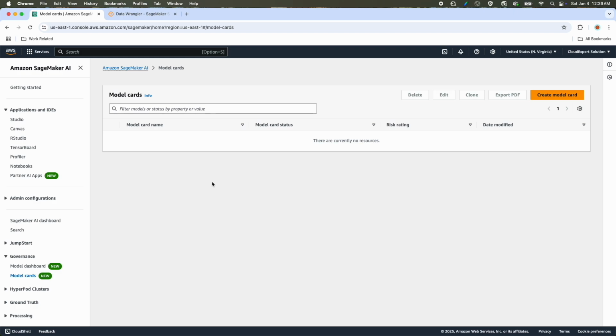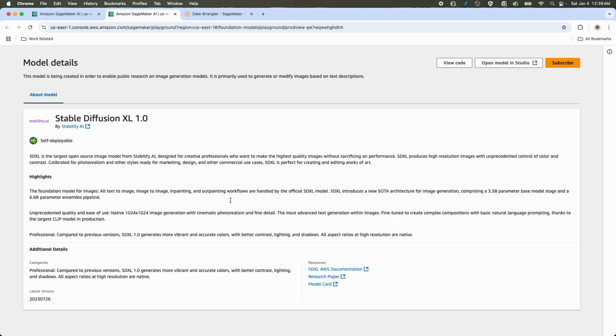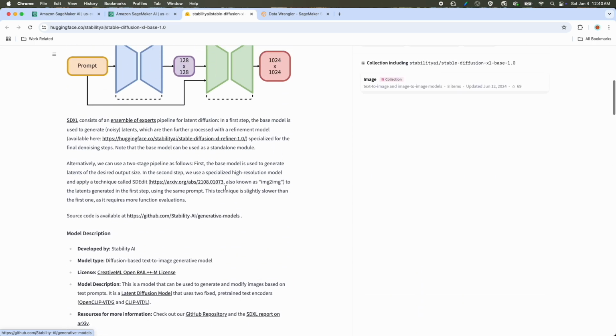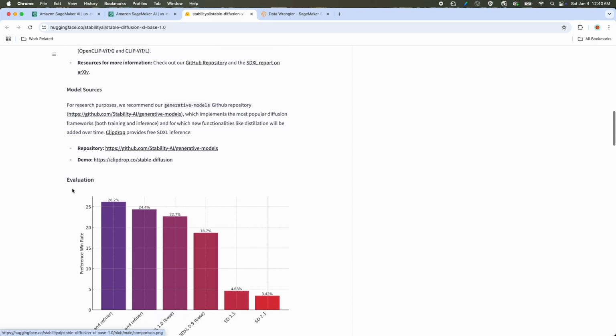Now let's see some inbuilt model cards that come with different models. And for that, we'll go to JumpStart. In JumpStart, we have different foundation models. Here are different models, so this is the summary of those models. Now let's go to Stable Diffusion. This is one of the models. I'll go to View Model. And from this model, here you can see the model card. So this is the model card for Hugging Face. And here it has all the details related to model description, model source, evaluation, and all the details on how you